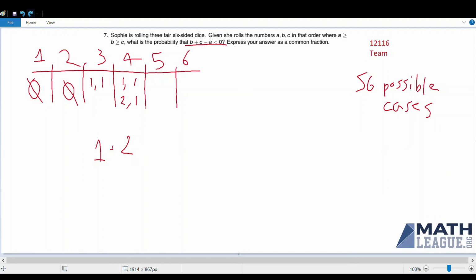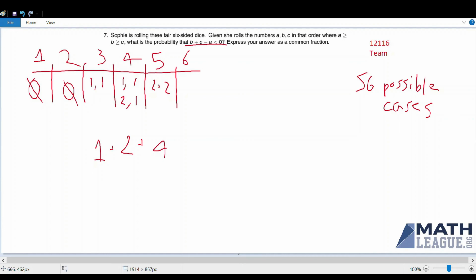So for the case where A is equal to 5, these two cases from the case where A is equal to 4 still work, and there are also two cases where B plus C equals 4, right? So there are these two cases, and then there is the case where B is equal to 3 and C is equal to 1, or when both B and C are equal to 2, for two more possible cases, or a total of 4 possible cases when A is equal to 5.